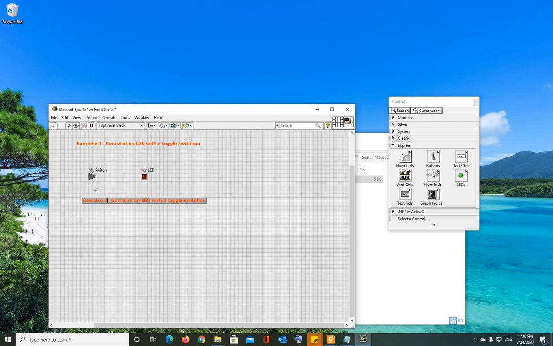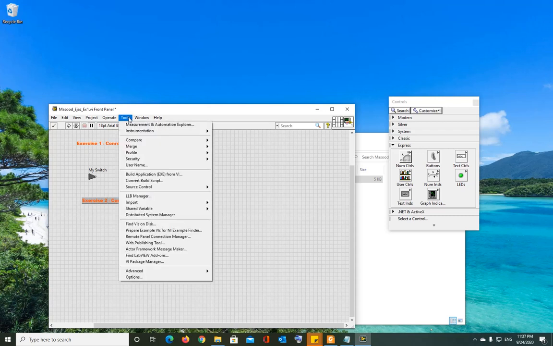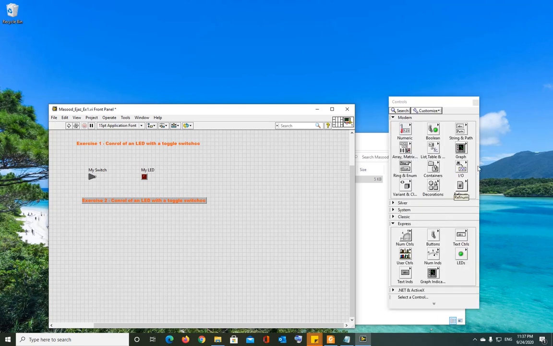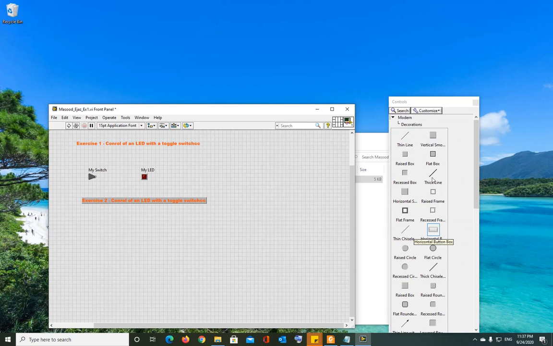I can also put a line over here if you want. So if you want to put a line or anything, go to, let's say, Modern, and there's a Decorations library right here. You can choose a line, and then basically you can put a line between the two exercises or something like that. So you know that these are dividing two exercises, so that's going to be better. So exercise, let's say 2,